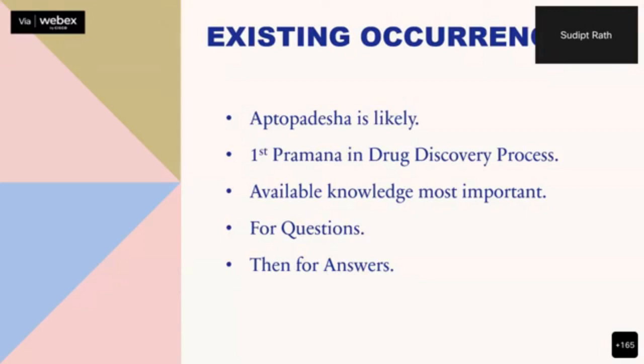So don't just imagine or presume that no information is available about the substance for that particular purpose. Mostly, indirectly, there will be some kind of indicative knowledge available in the public domain. Therefore, available knowledge is the most important thing that you must first bring into your drug discovery process. Why? Because if you have to question something, suppose I will take an example,